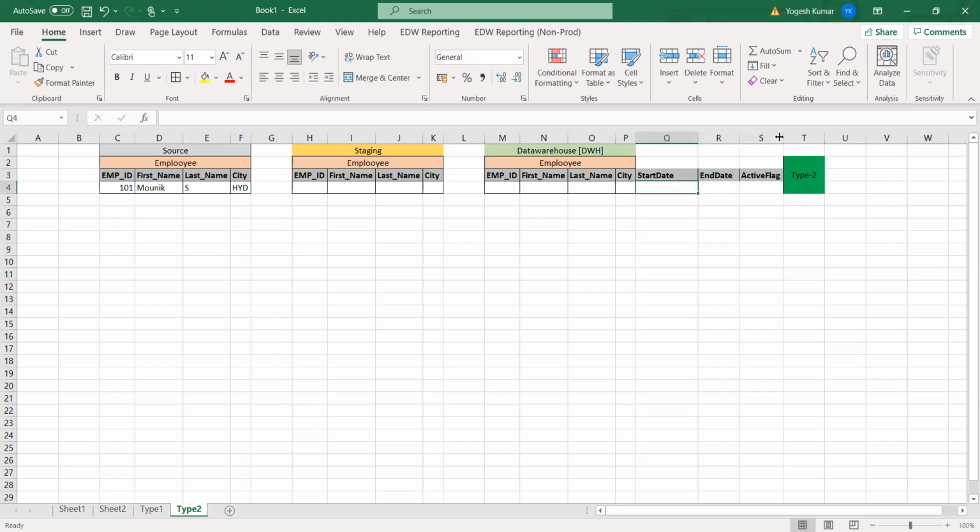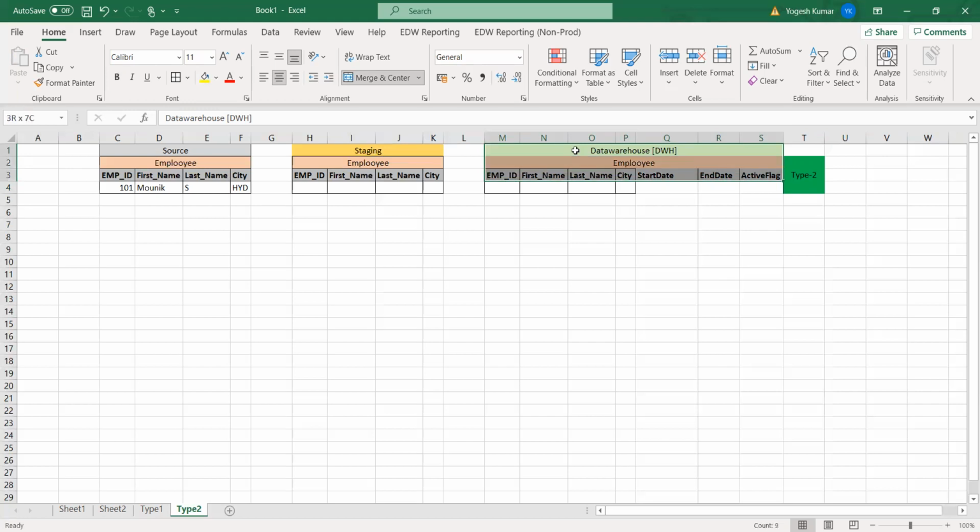So these 3 extra columns would be in type 2. Did you get this point? Yes. Okay.